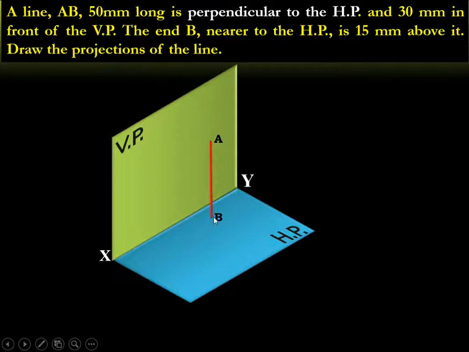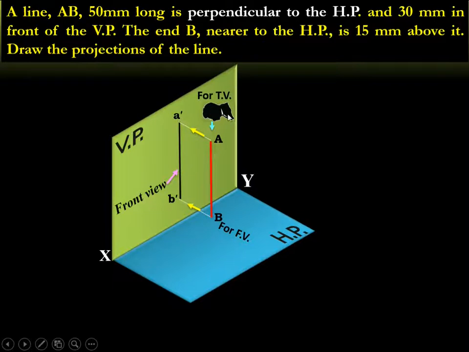To obtain the front view of the line capital AB, we need to observe the line from the front, and the line needs to be projected onto the vertical plane, and the projected line on the vertical plane can be called its front view. Ensure that the projectors are perpendicular to the vertical plane. Now the front view can be denoted using the corresponding lowercase letters with dash. Here we can represent the front view using the small letter A dash, B dash.